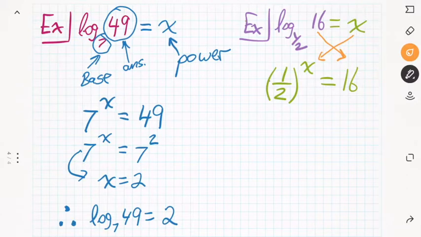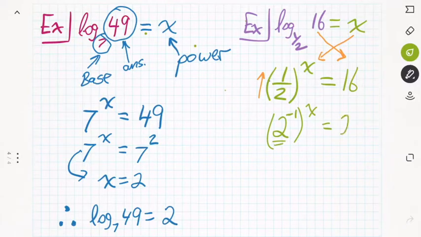So let's solve this equation from the previous section. Working with fractions is a pain, so I'm going to bring the 2 up. If I bring the 2 up, you have to remember that if you bring things through a fraction bar, it changes the sign of the exponent. So we get 2 to the negative 1 raised to the x is equal to, and now I want to change 16 into this common base of 2. Well, 16 is 2 to the 4th. So on this side, we have 2 to the negative x, power to a power you multiply,